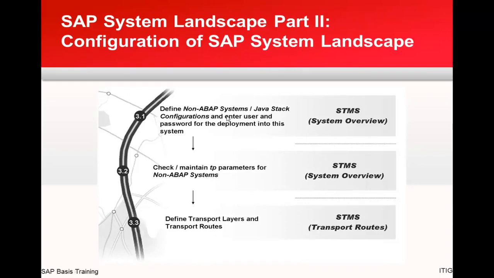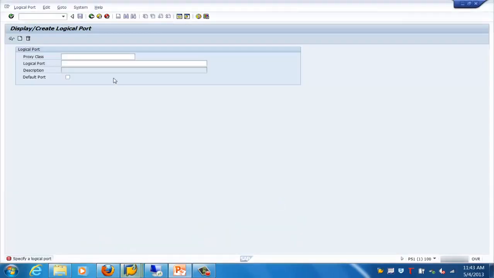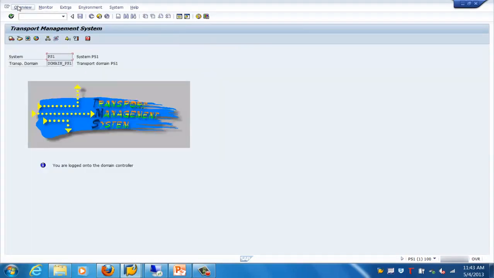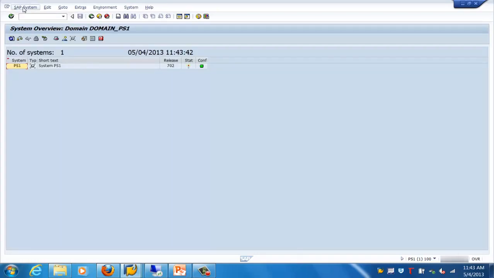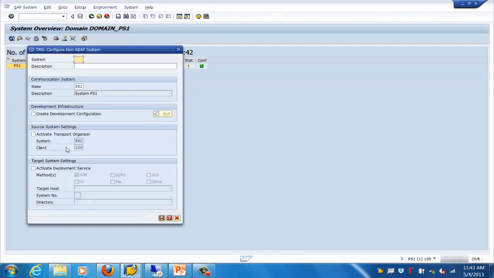So in the landscape, what is required is to define non-ABAP systems. You can define the non-ABAP systems. So this is your system. You can go to STMS. Under STMS, what we need to do is go to the systems. Under systems we can create a system type of non-ABAP system. So this is where we need to create a non-ABAP system, and the most important thing to note